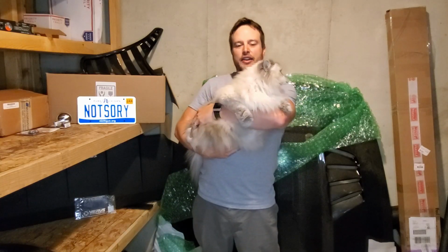I find rust in the wheel well, take care of that issue. I then move over to my Fast Intentions exhaust. I cut off the flanges on that in preparation to weld on V-bands. With that,